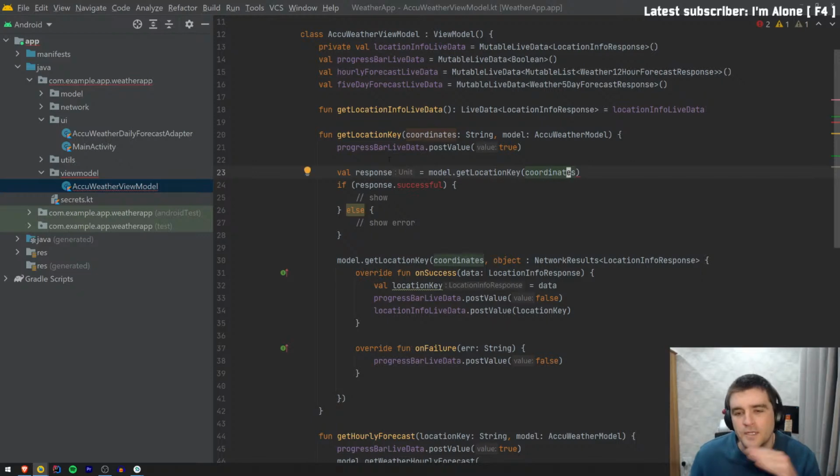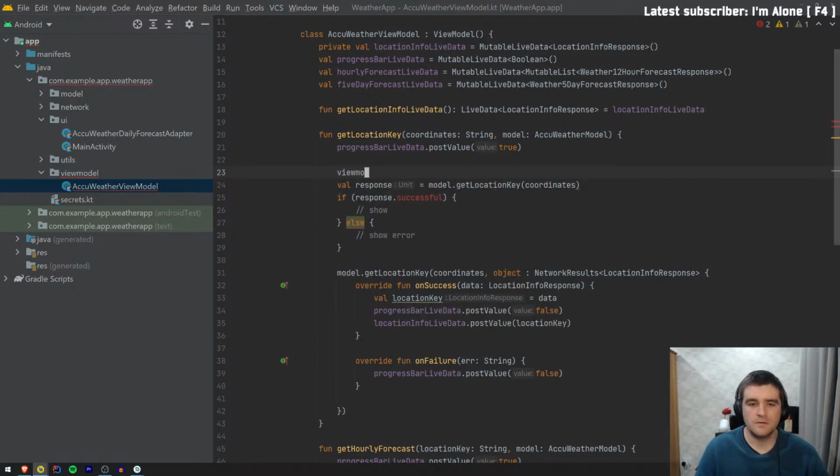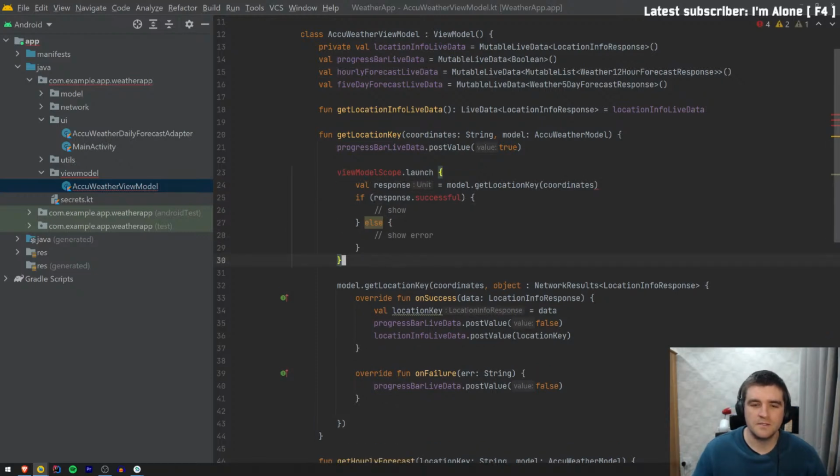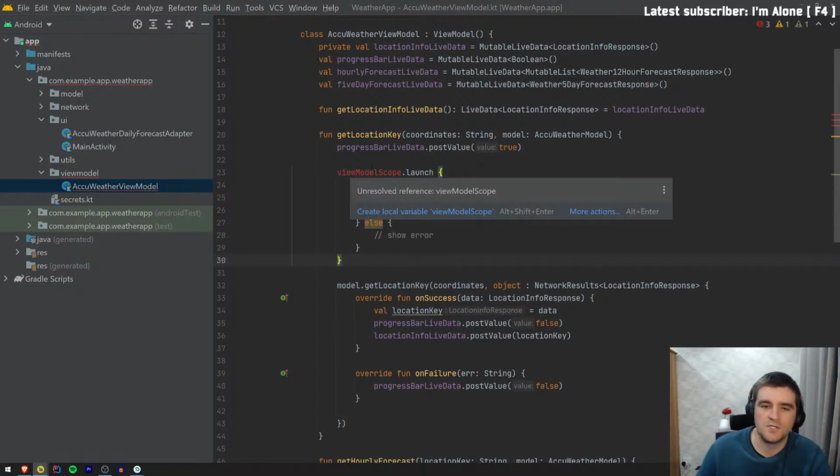Because now it's all happening sequentially and you don't have callbacks, and it's a bit easier to see what's happening. I think you're also missing another dependency on whatever gives view model scope. I'm not sure which KTX one that is, but you would launch a coroutine here